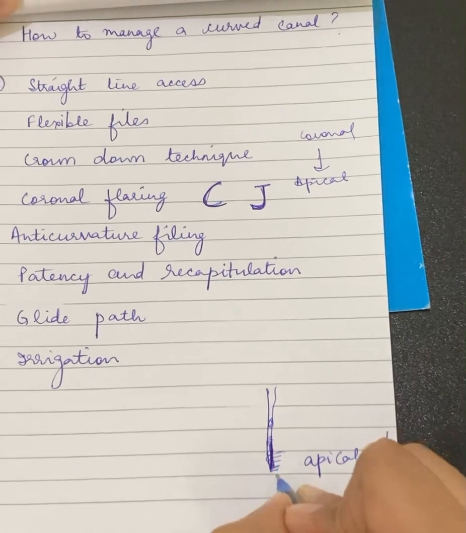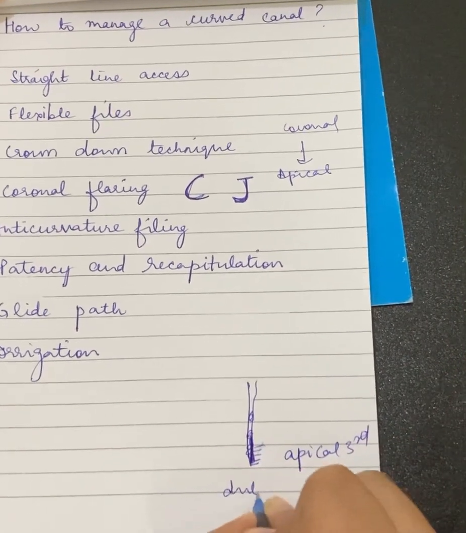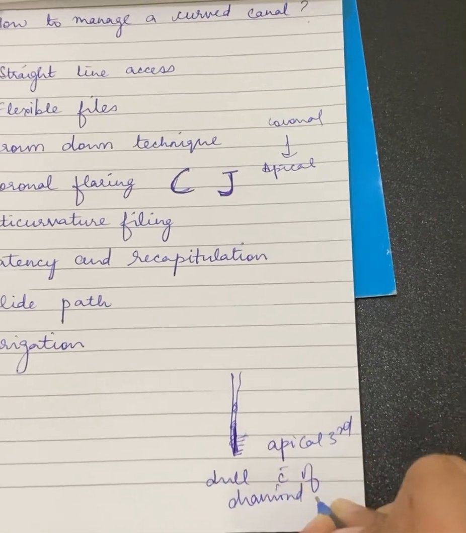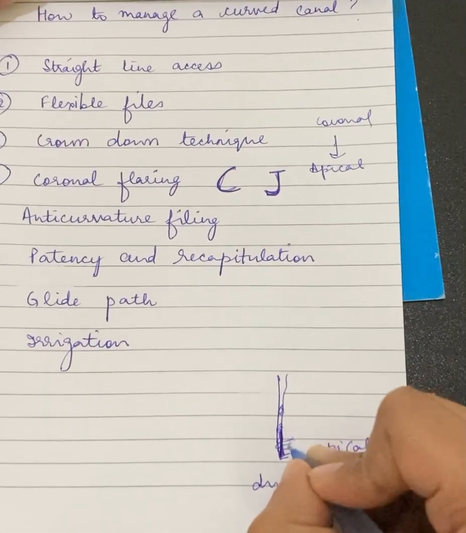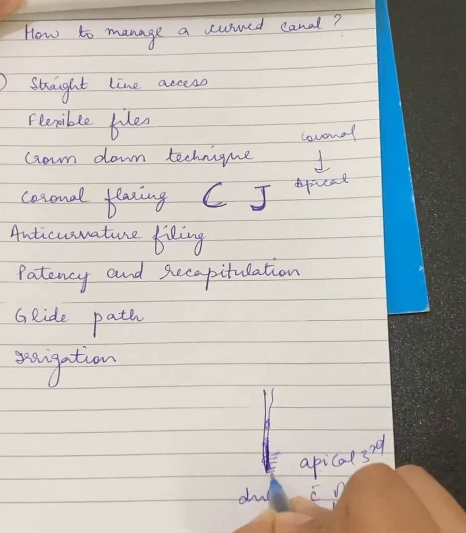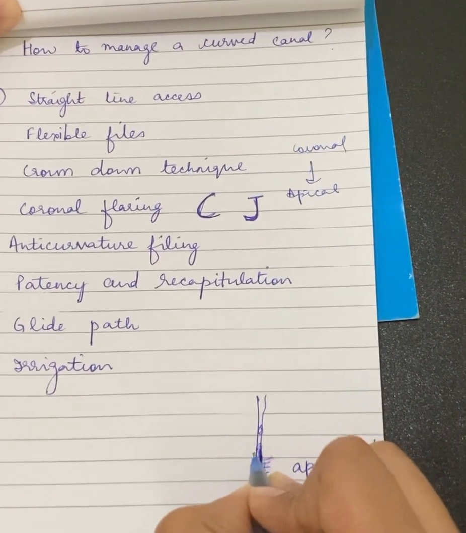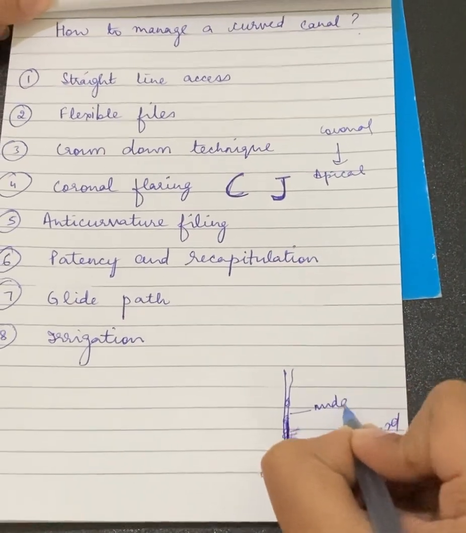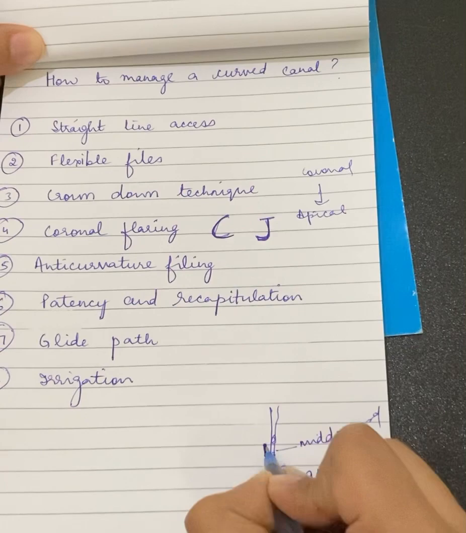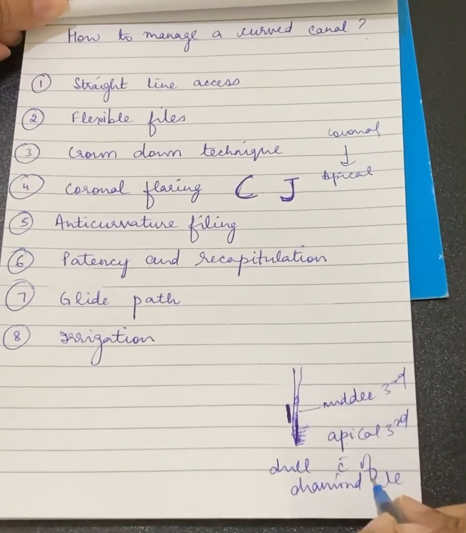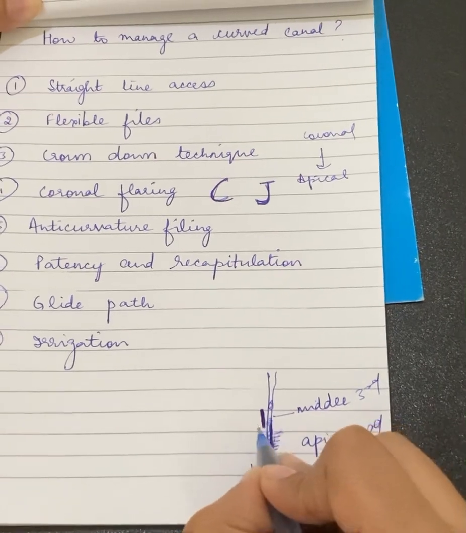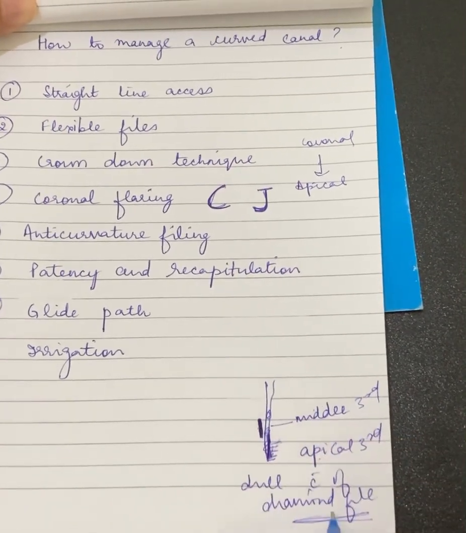these flutes should be dulled, and they will be dulled with the help of a diamond file. So a diamond file will make these flutes blunt. This is the apical third and this is the outer portion, so these will be dulled here. Then in the middle third, the inner portion of the middle third, again the flutes will be dulled with the help of a diamond file. So the file flutes have to be made blunt, and this will be done with the help of a